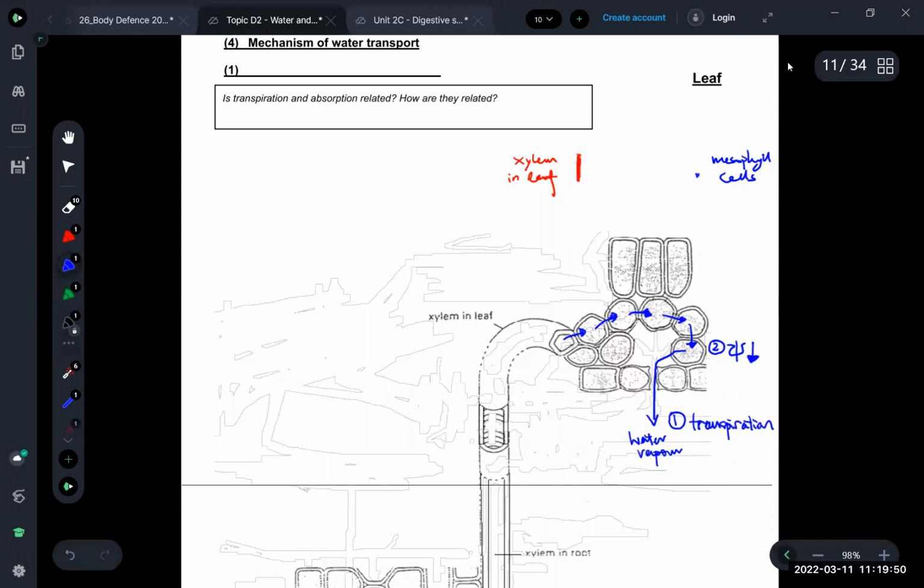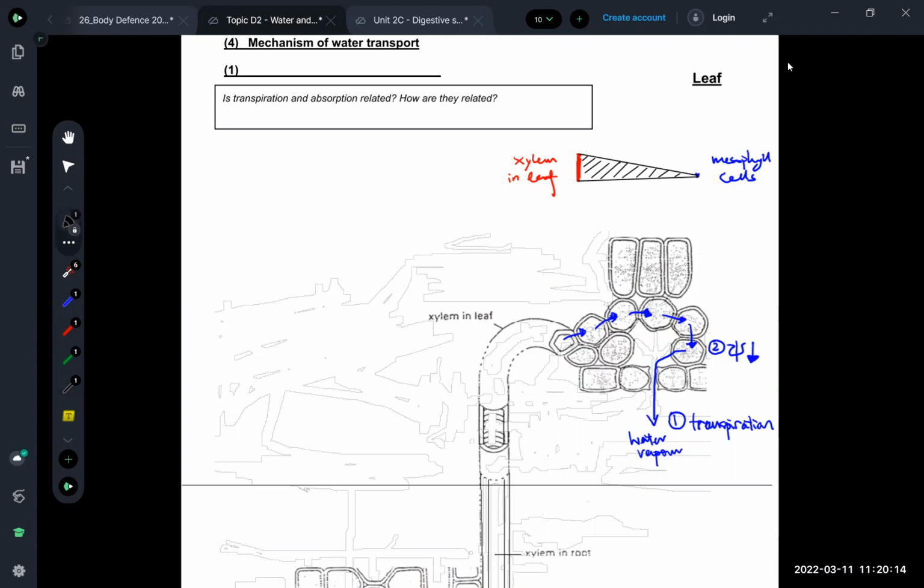And you can imagine this creates a difference in water potential. So I don't repeat individual cells one by one. My overall description would be